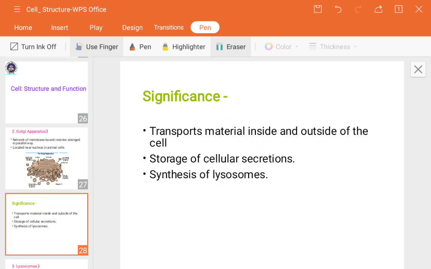The material manufactured in the endoplasmic reticulum is dispatched to various parts inside and outside of the cell through the Golgi apparatus. So we said that in the endoplasmic reticulum, the synthesized lipids and proteins are transported to different cells to work their different functions. Here, the endoplasmic reticulum's products are distributed through only the Golgi apparatus, because some of the vesicles or the Golgi apparatus cisternae are just connected to the endoplasmic reticulum,